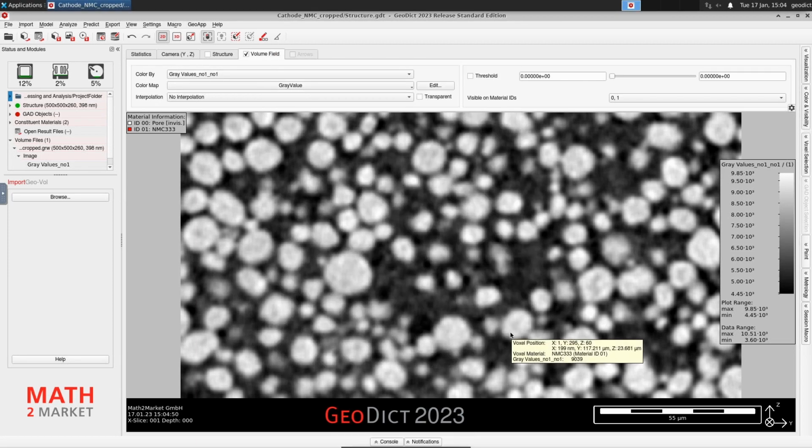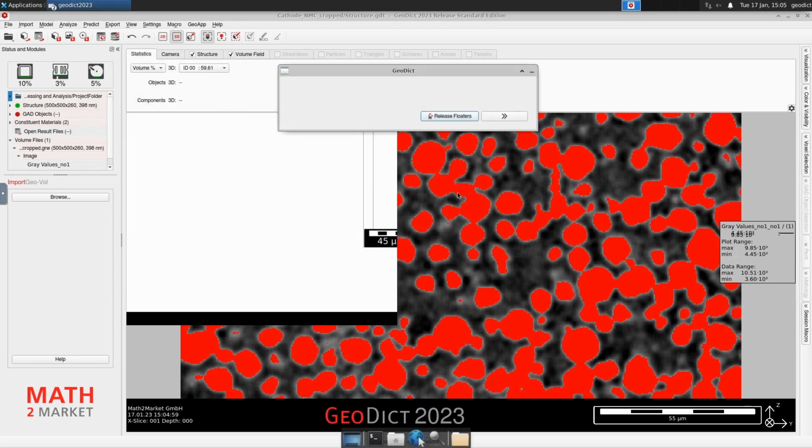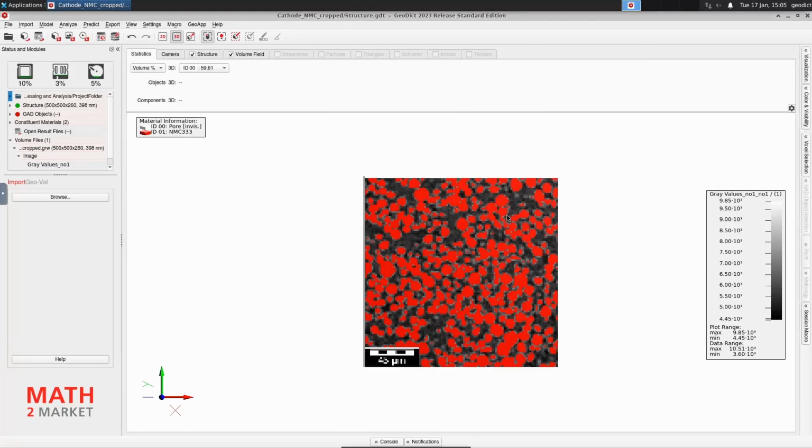Then if you're fine with it, just click on close. I re-enable the structure and want to have another look in the 3D view. So 2D is selected up here, now click on 3D and wait until it updates.